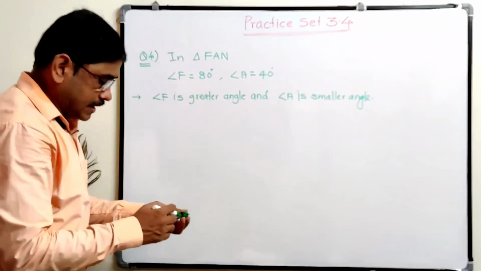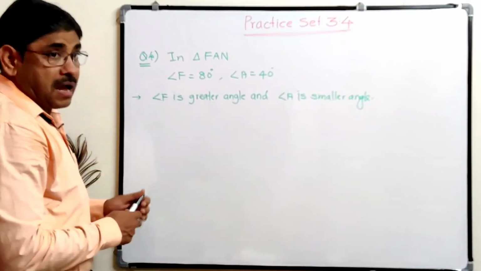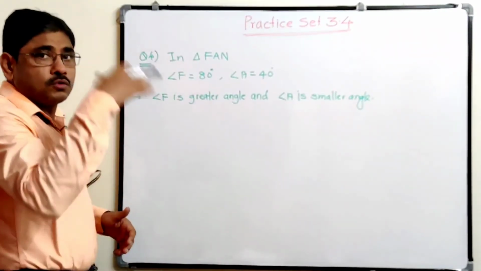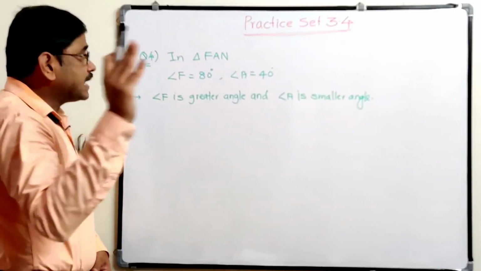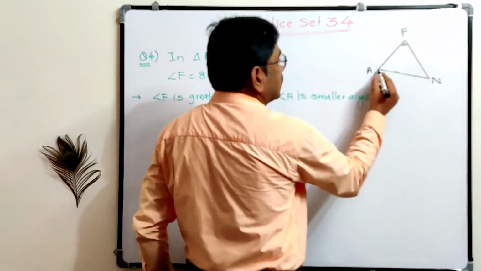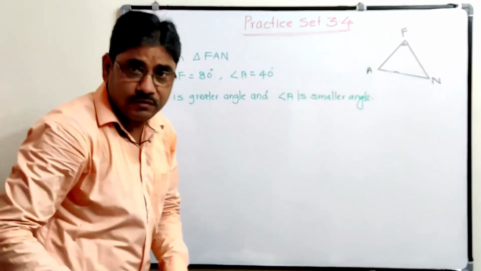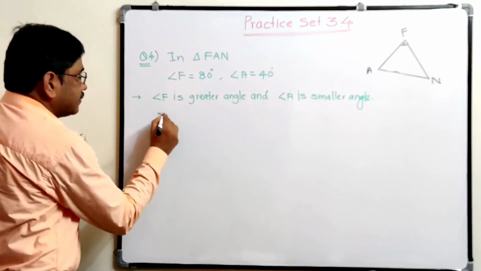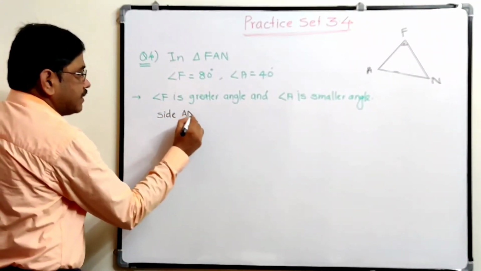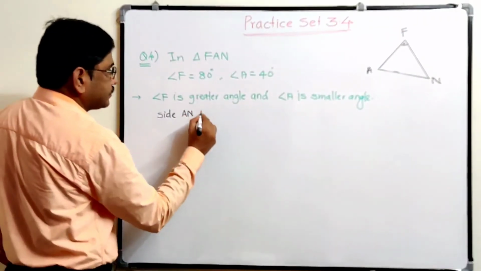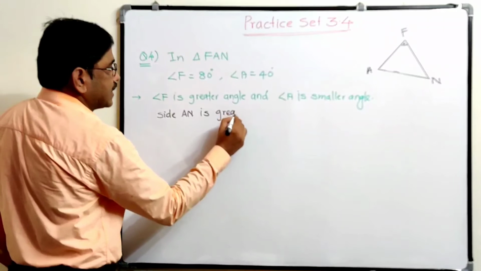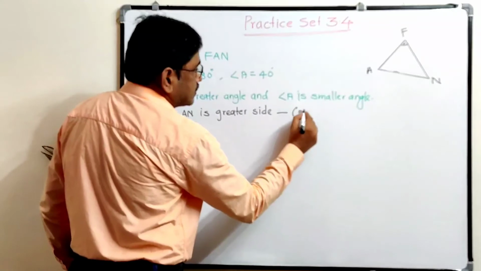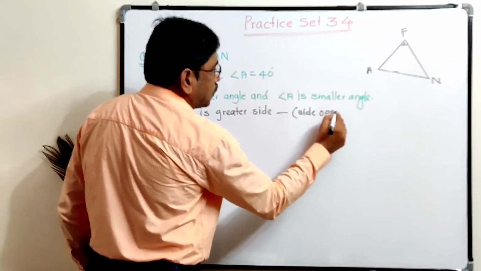So what is the answer? How to write the answer? Here angle F is greater, 80. So if we took F, which two points are left? AN. So side AN. If we say greater angle, then side AN is opposite to that one. That means if this F vertex is given, then we have to take the remaining vertices. Therefore side AN is greater side and reason is side opposite to